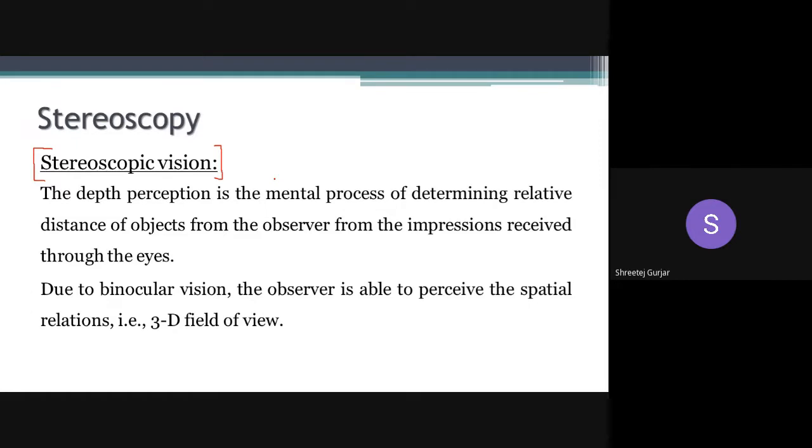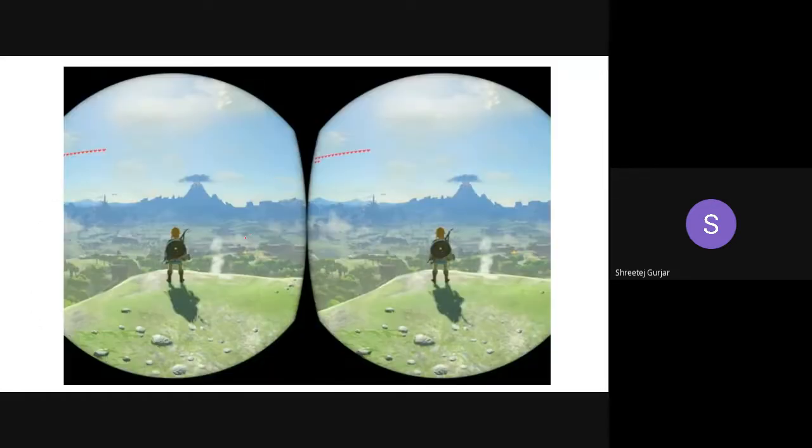If we have two eyes, why don't we see two images? Why do we see only a single image? What is the reason over here? Yes, anyone trying to answer? Your volume is very low. Nihal, your voice is breaking.